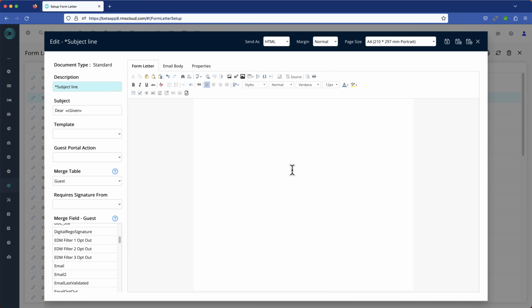Now, while we're in the correspondence section, I've just gone over to form letters. This is where you've created the letter that is going to be connected to the Guest Portal so that it displays the information you want to collect. One thing that might be very, very handy is if you want to collect a digital signature. You'll see that under the Guest Merge Table group, I've got one here called Digital Rego Signature. If you put this merge field into the letter that you're using for the Guest Portal, the recipient will be